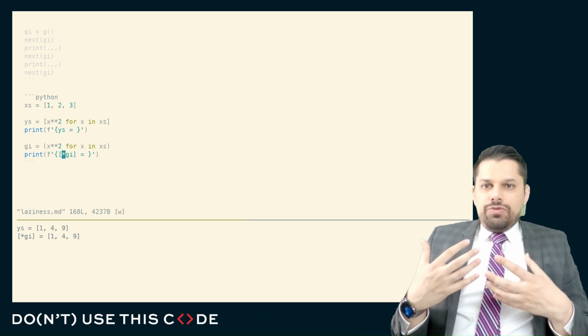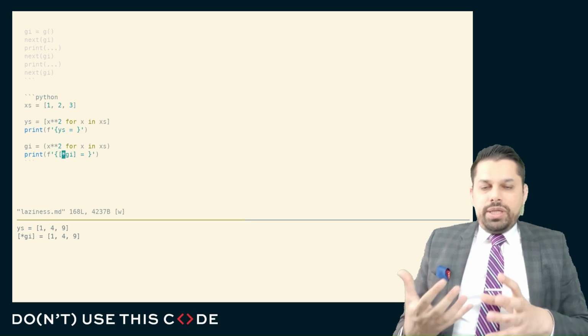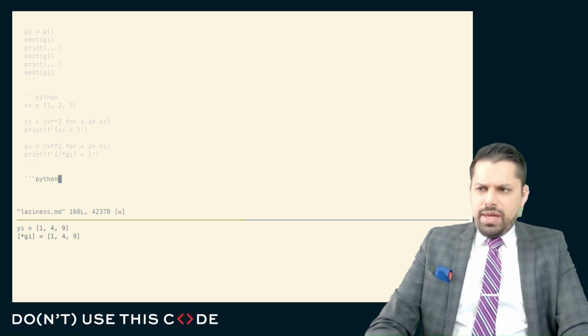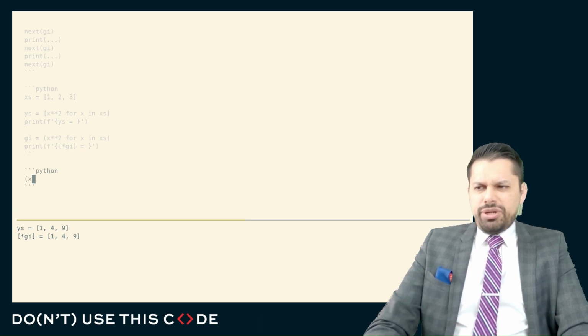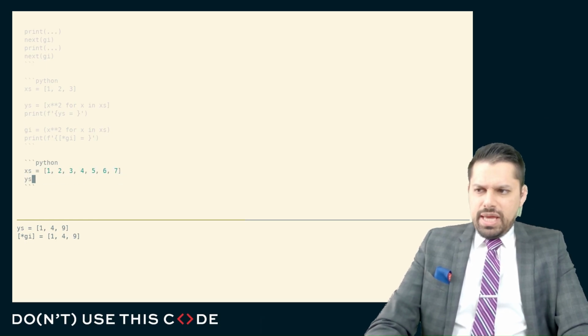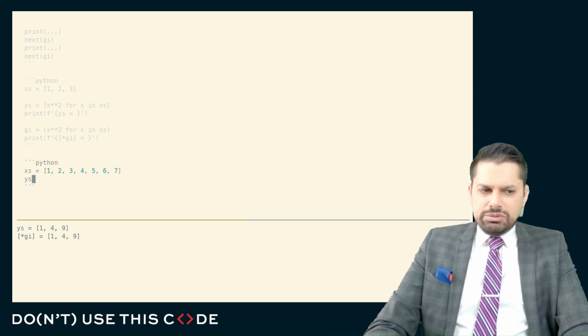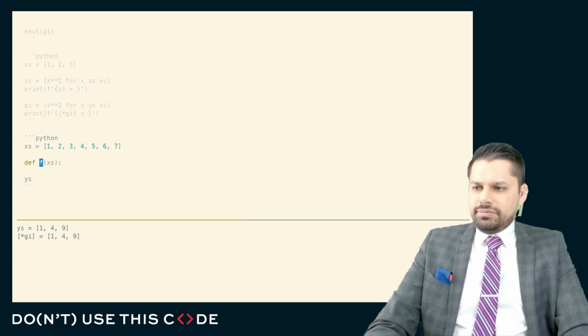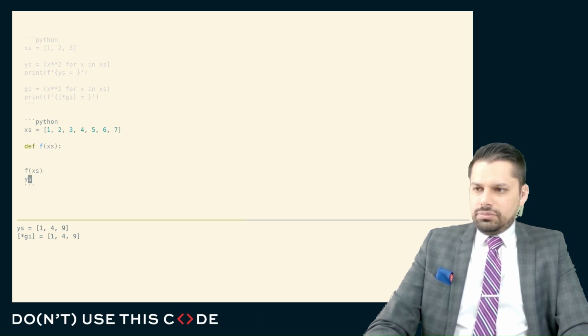In the case of the code that you write, you should be aware of places where this approach is going to be helpful for you. I often see that people make use of things like generator expressions in cases where it doesn't really make that much of a difference. For example, if you have some data and some function that takes this data in, and you return, say, some comprehension built on this data,